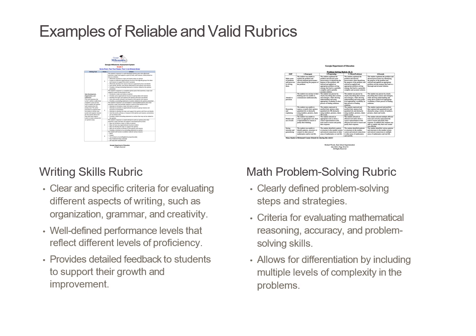Let's explore examples of reliable and valid rubrics used in education. First, we have the writing skills rubric. This rubric includes clear and specific criteria for evaluating different aspects of writing, such as organization, grammar, and creativity. It also features well-defined performance levels that reflect different proficiency levels, providing detailed feedback to students to support their growth